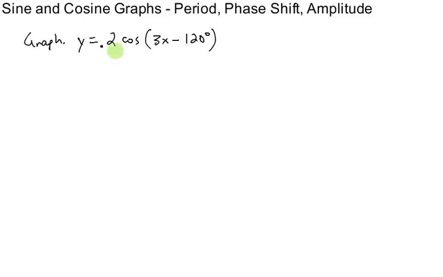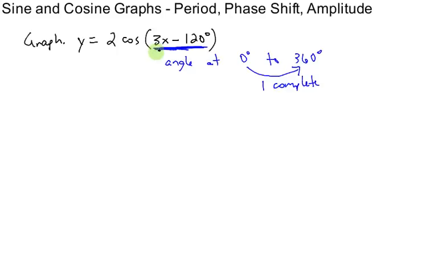Okay, if I want to graph this equation y equals 2 times the cosine of this angle, 3x minus 120, and I want to do it using period, phase shift, and amplitude. So the idea here is that the cosine function repeats every 360 degrees. So I need to look at this angle starting at 0 degrees to ending at 360 degrees, and that would be one complete cycle for this cosine equation, because that's one complete